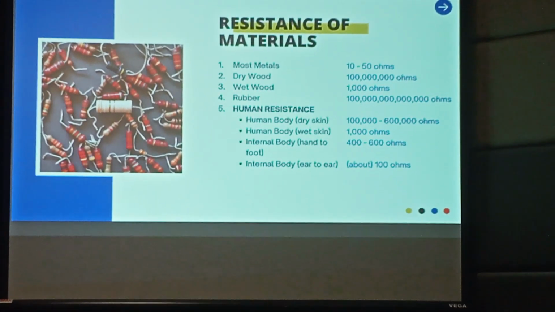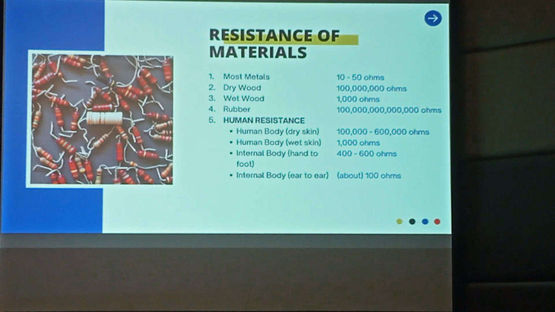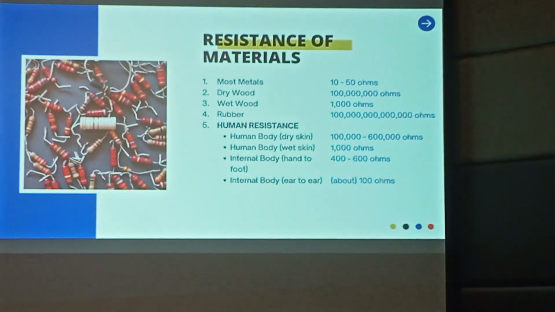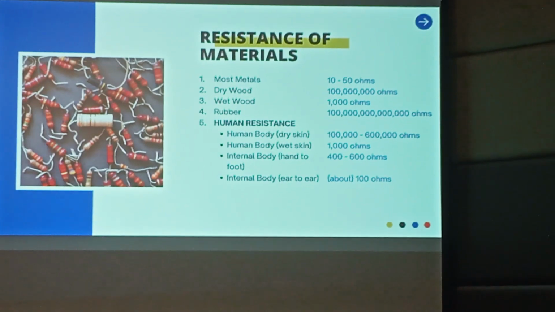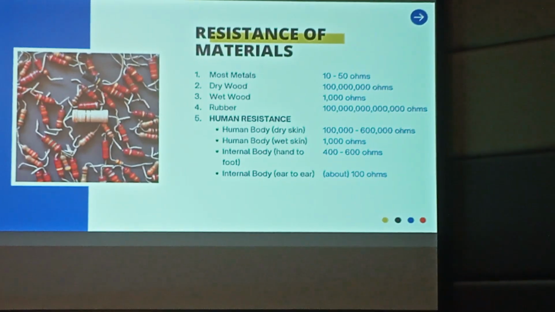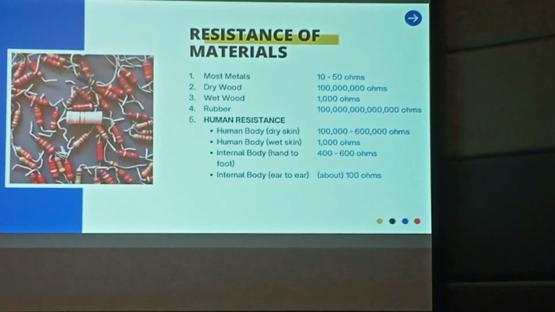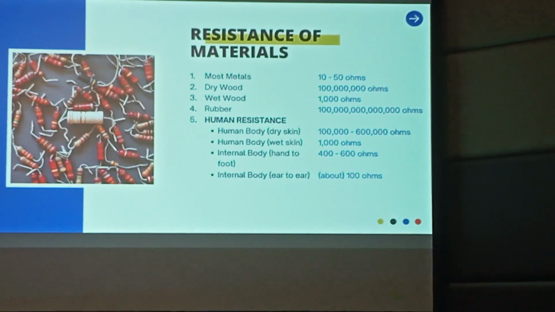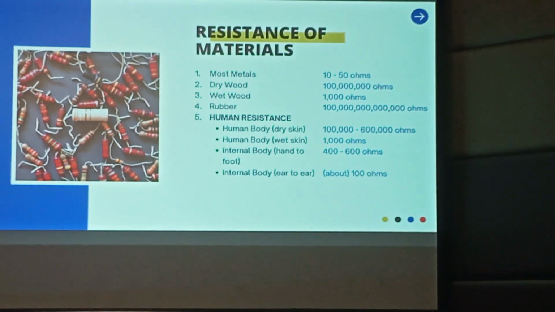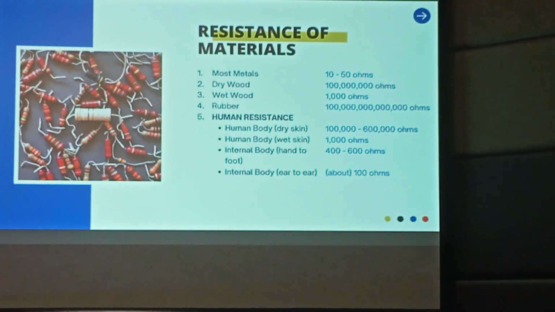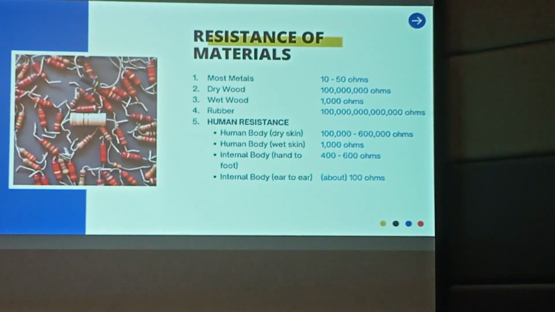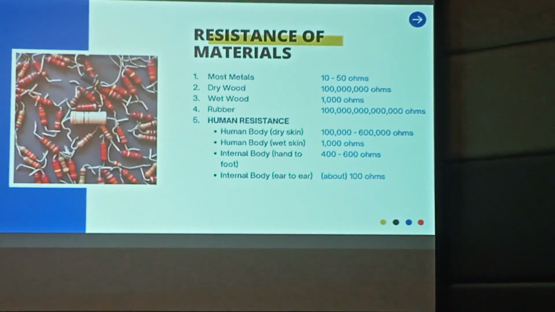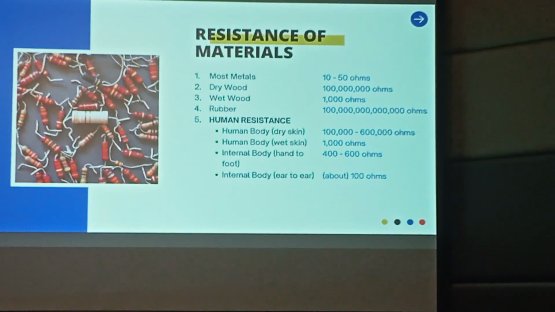Can somebody divide 240 by 1,000 ohms, please? 240 divided by 1,000 is 0.24. So how much in milliamperes is that? That's 240 milliamperes, and that's how much is required for